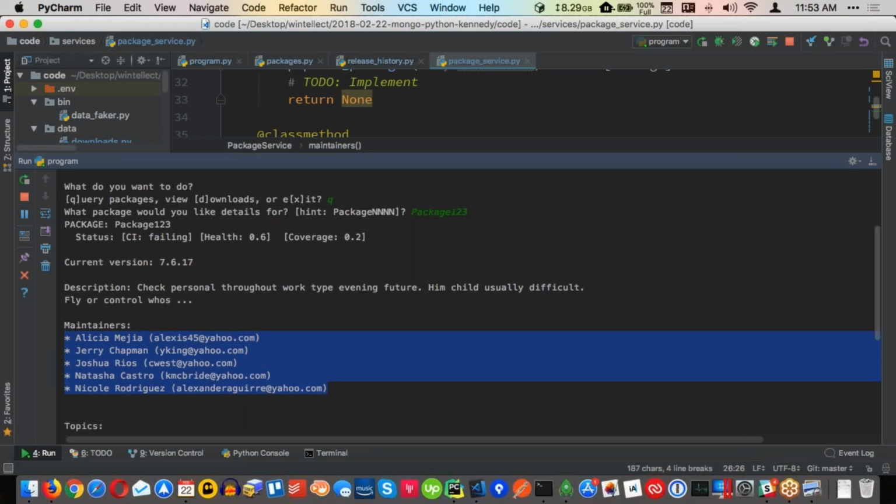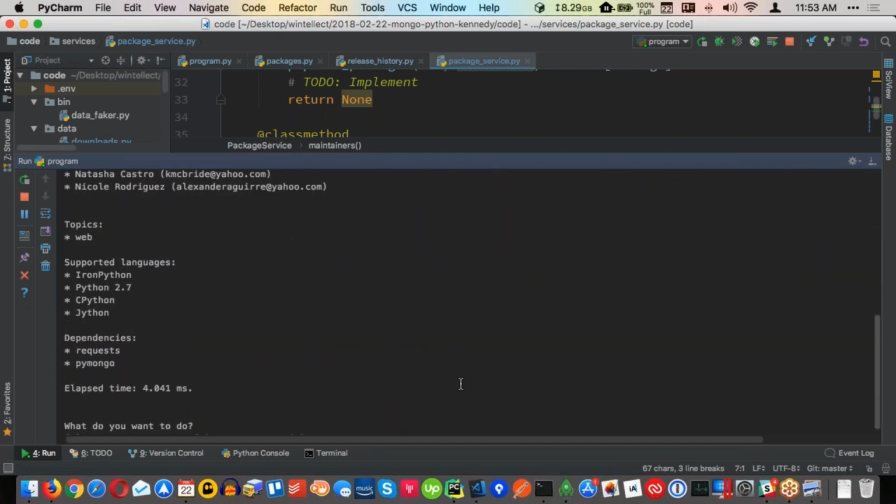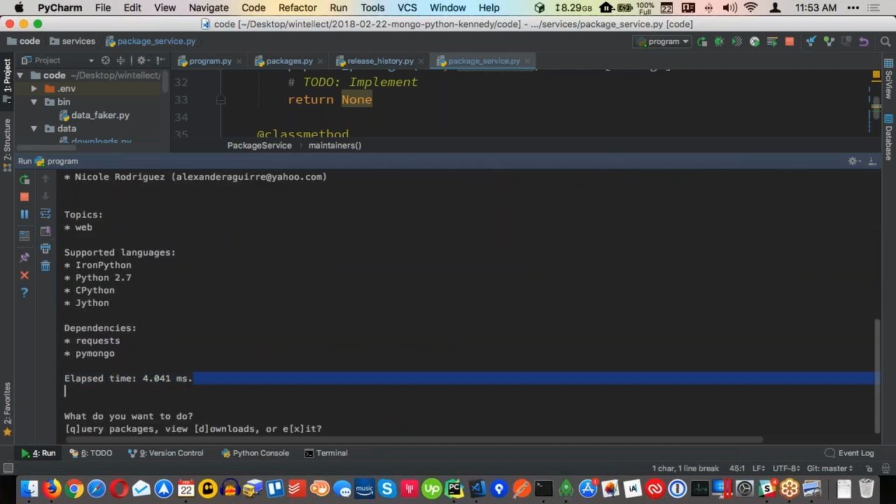Now, the other final thing to look at is that's a lot of query. It feels like a lot of queries back to the database, right? And remember, we have tons of data, right? We have 250,000 releases, 50,000 packages. And like I said, the releases are richer than a standard record would be. Still, that happens in 4 milliseconds,